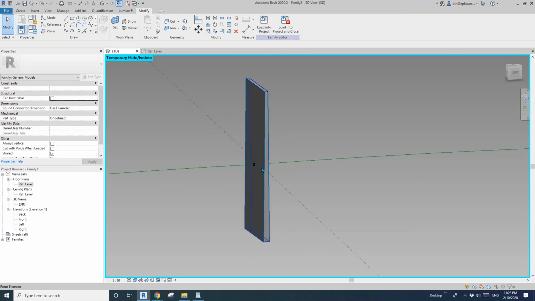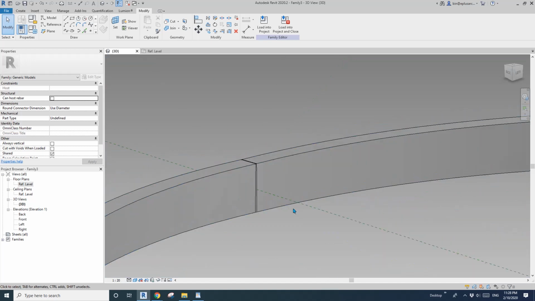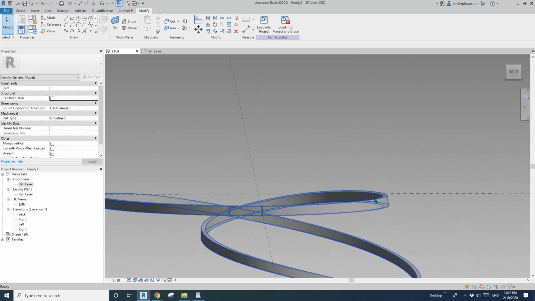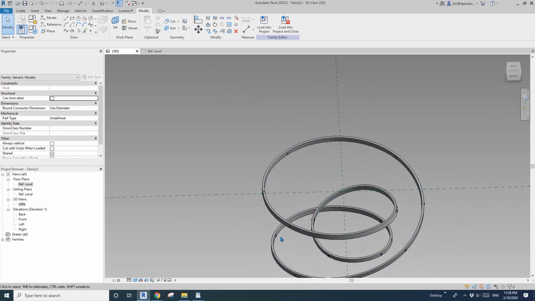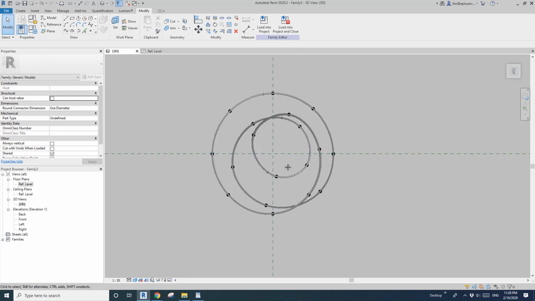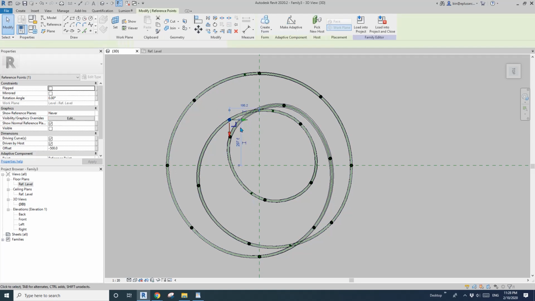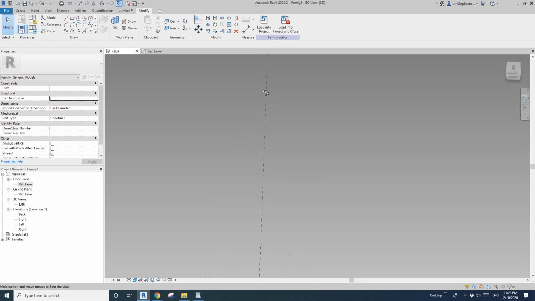So now we can create this form, and then HR. So yeah, that's it. You can still adjust the shape if you want to. So you can turn it to wireframe, and then you can move the point. You can move the point to adjust the shape if you want, and also then you can